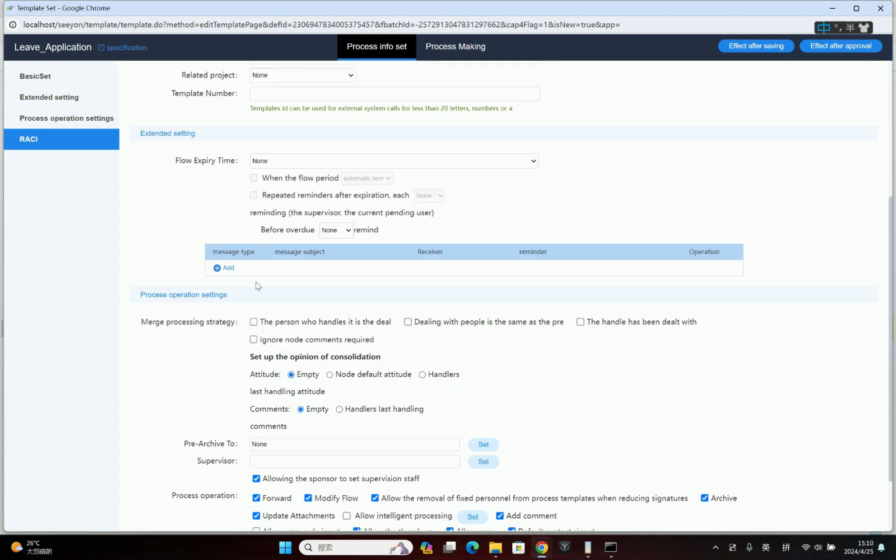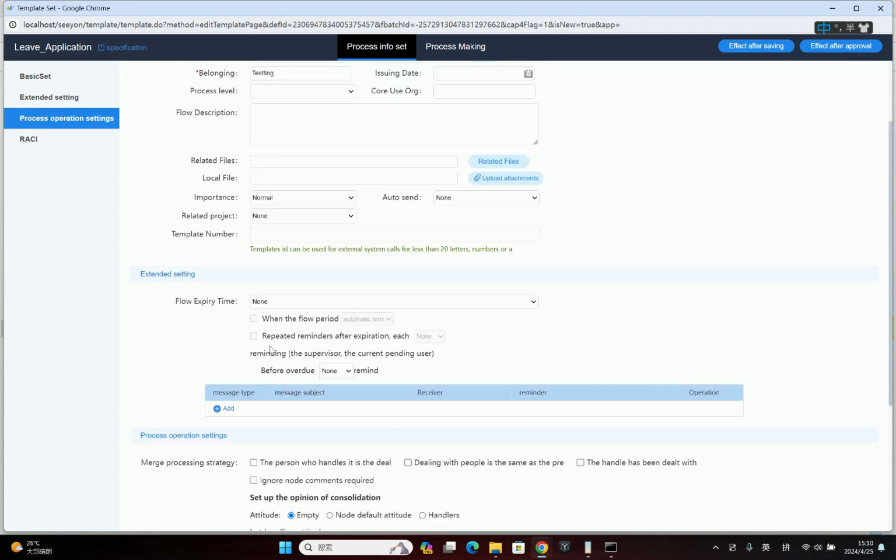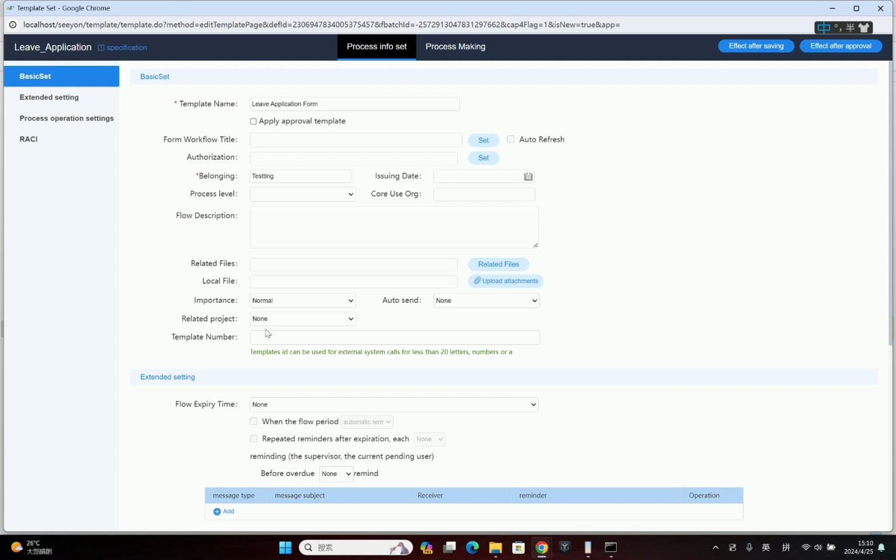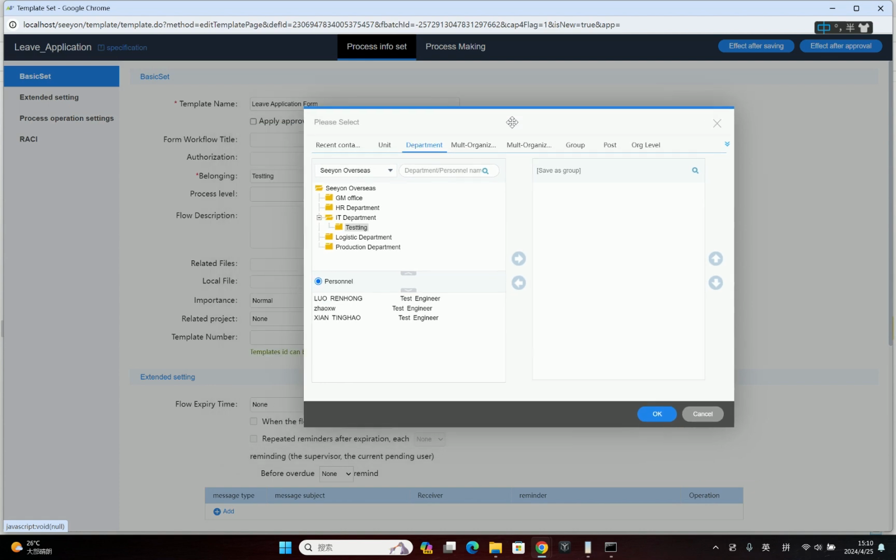And here are a lot of attributes and settings, which are not really important today, so I will skip most of them. But one of them is very important, which is the authorization. The authorization decides which users or which departments are allowed to use this leave application form. So this must be configured every time we do the process making. We can set the permission authorization here,